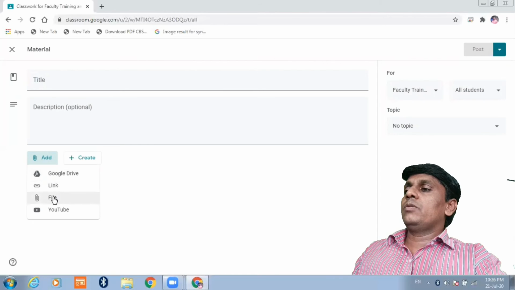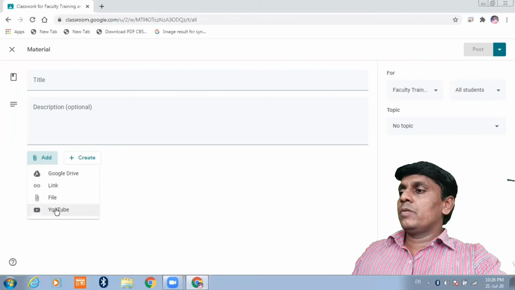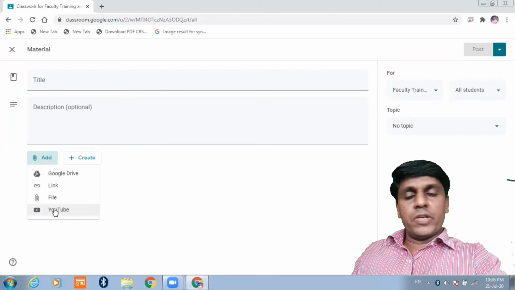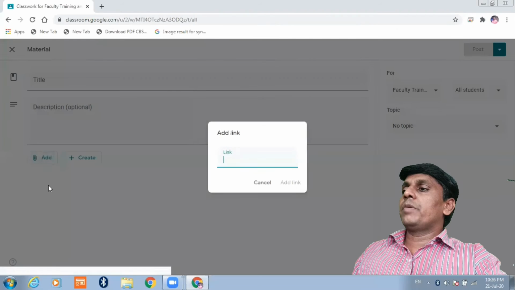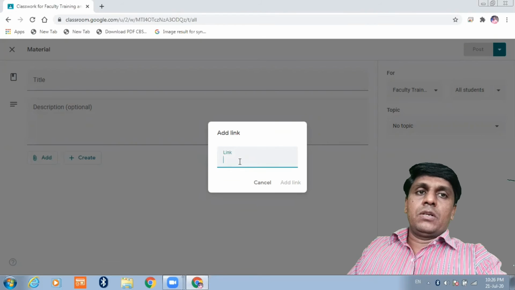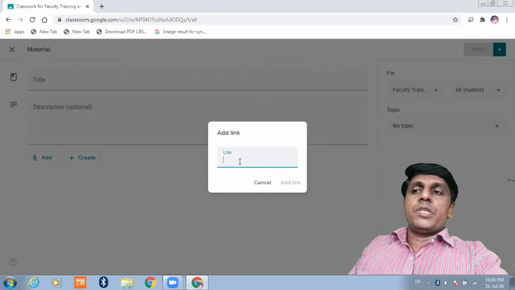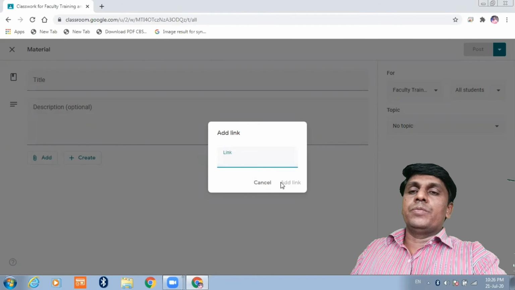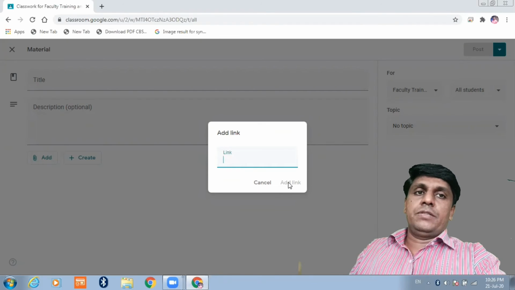It's from Google Drive, a link of any video, a file from your desktop, or anything from YouTube. For example, I click on link, then this pop-up window will appear. I will paste the link of the video which is already uploaded on my YouTube, and I will say add link, and this will be added.